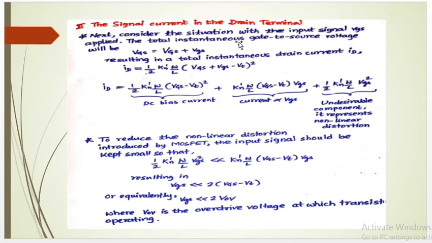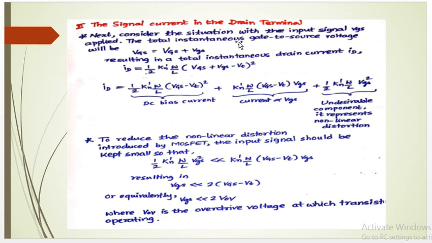DC current and DC voltage are represented with uppercase letters and uppercase subscripts. The input signal, which is a varying signal that needs to be amplified, is given by lowercase v as well as lowercase gs as a subscript. Even current is lowercase i and lowercase d subscript. That represents the AC signal that is flowing after applying the input signal that needs to be amplified from the function generator, vgs lowercase. This you need to concentrate on.